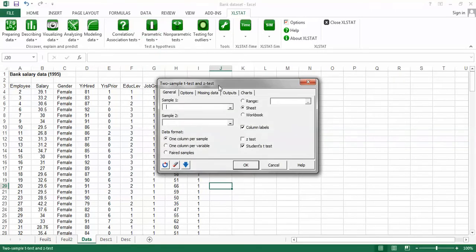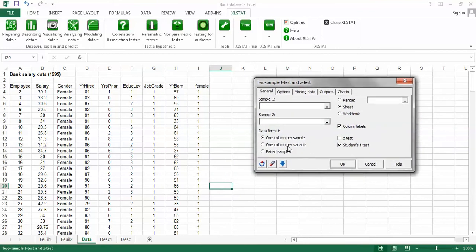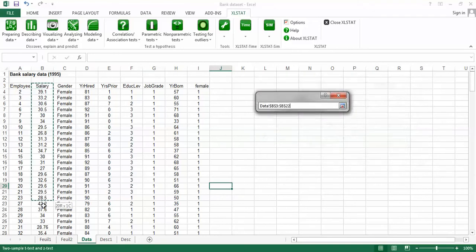Now there are a bunch of options here. We're going to do this first for an independent samples t-test, and we're going to have 1 column per variable. So our data, that's our dependent variable, what we're trying to explain differences in. So we're going to use salary here. So I'm going to go ahead and select this,